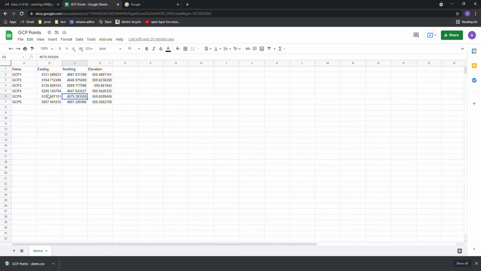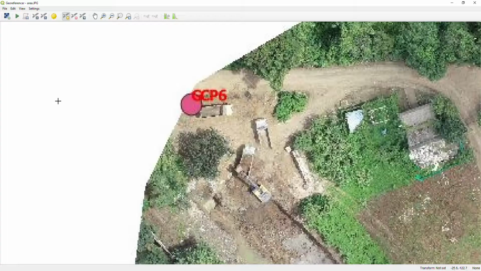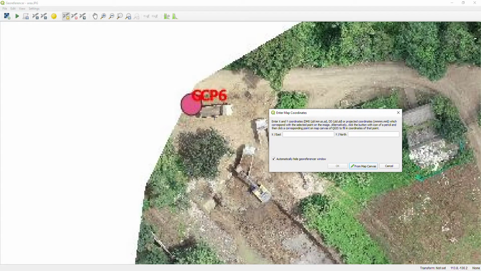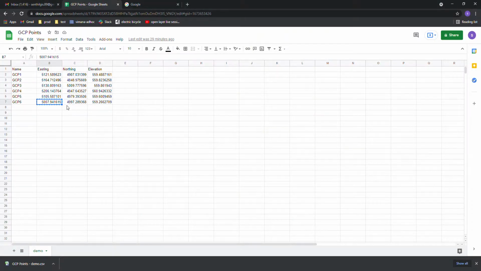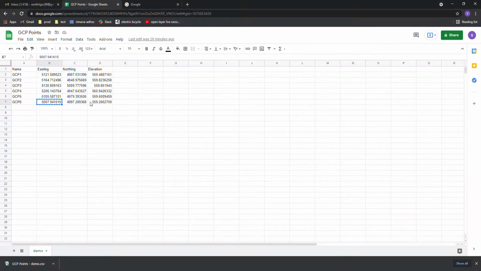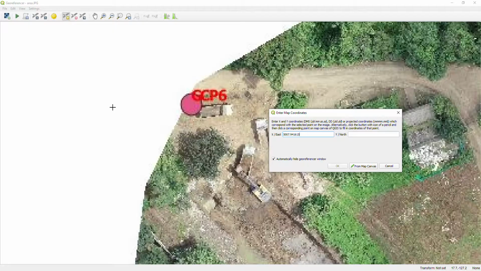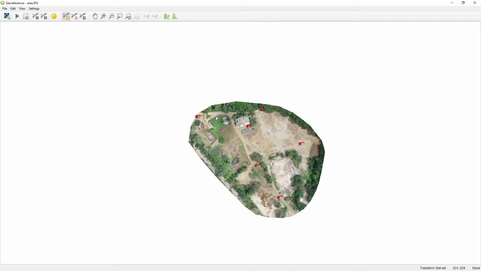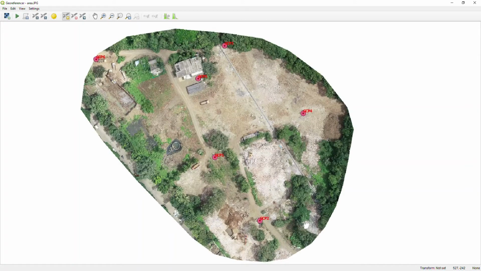If you enter them, humans may make mistakes while entering the values. This is the final reading of GCP6. Yes. So finally we have finished entering all 6 control points.